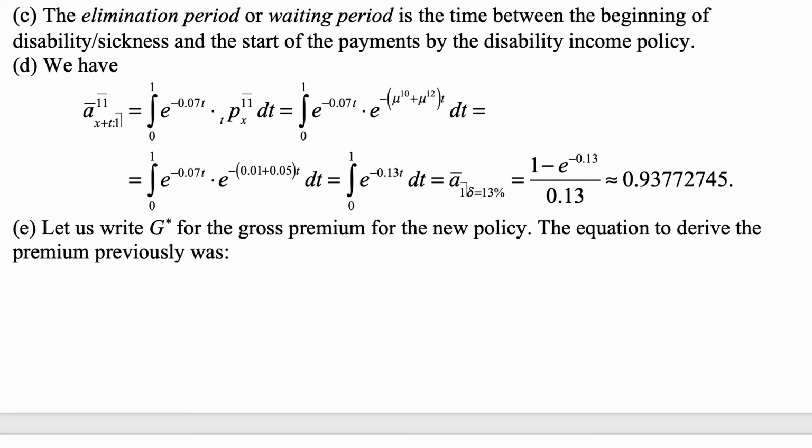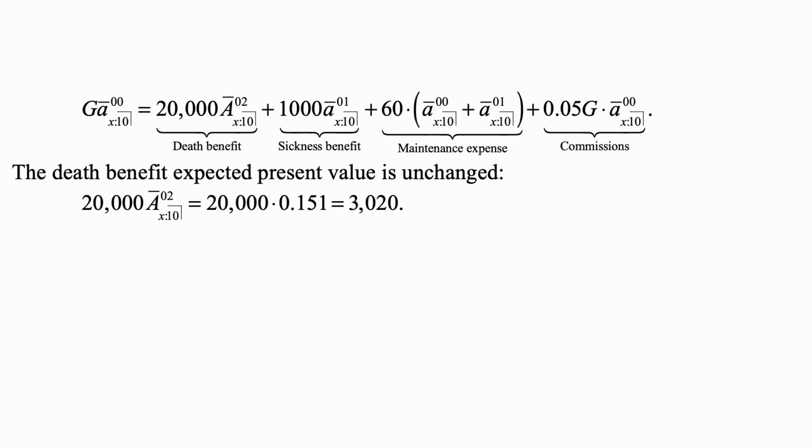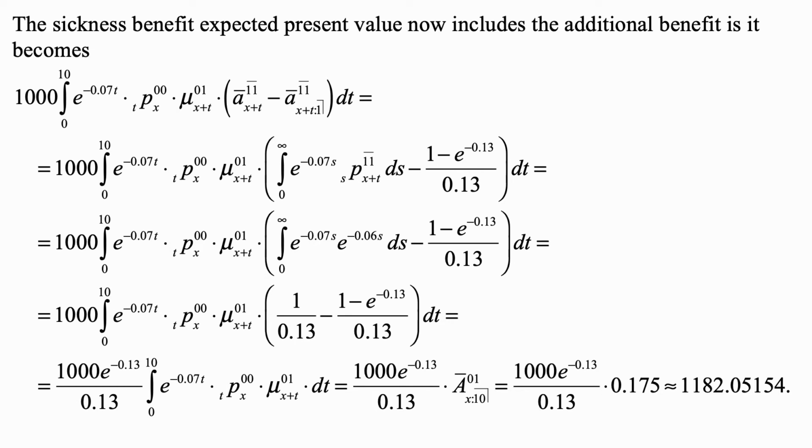For part E, let us write G star for the gross premium for the new policy. The equation to derive the premium previously was, so here it is, simply an application of the equivalence principle. Now things are changing, but not all of them, so the death benefit expected present value is unchanged, is 3,020, just as before. The sickness benefit expected present value now includes the additional benefit, and it becomes